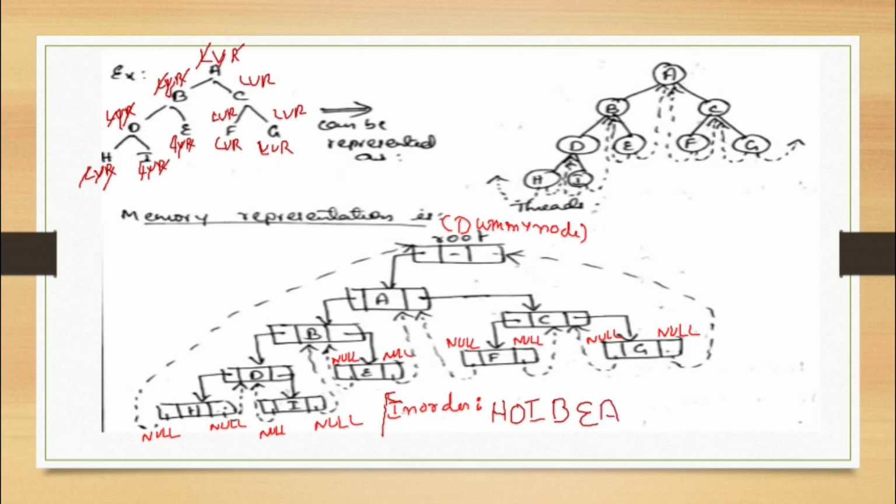Now again I'll go to the right of A, again I'll go to the left of C, again I'll go to the left of F. I have already written here, so this is not required. This is just an extra thing. So visit F, left of F, nothing is there, so I'll visit F. Then I'll come back and it is C.